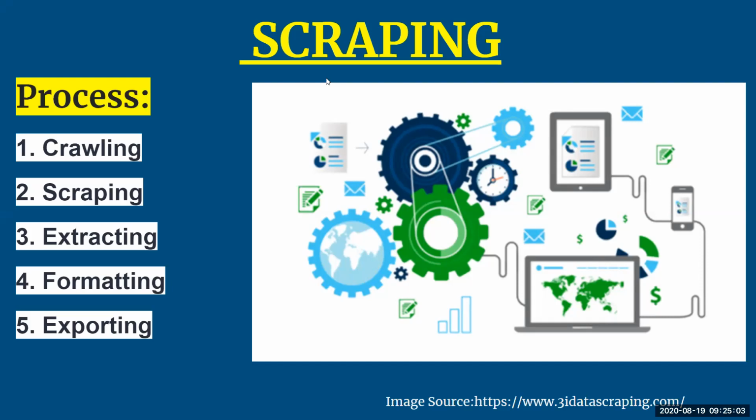When we talk about web scraping, there is a series of steps. Step number 1 is crawling. This is the very first step and the word itself tells its meaning. Any web scraper, at the very first place, will crawl the internet. Crawl here means it is going to move through the internet. Once the URL of the web page is mentioned, the software starts the browsing process.